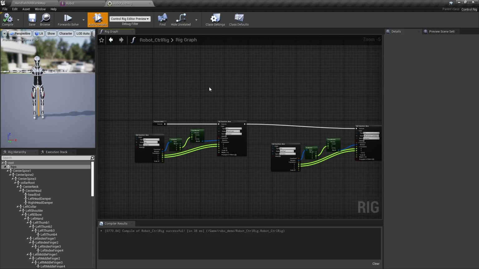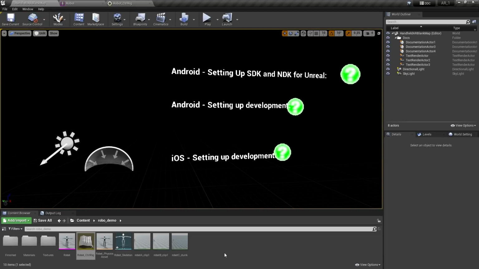So we're done with the control rig setup now. We've got that all figured out. The next thing we need to do is get that control rig updating at runtime, with the animation of the character from the motion capture happening, and the control rig bones positioning properly. To do that, we're going to use an animation blueprint. Animation blueprints are a special blueprint. They allow you to work at a very high level with skeletal animations, data, and logic. That's basically what we're going to do.